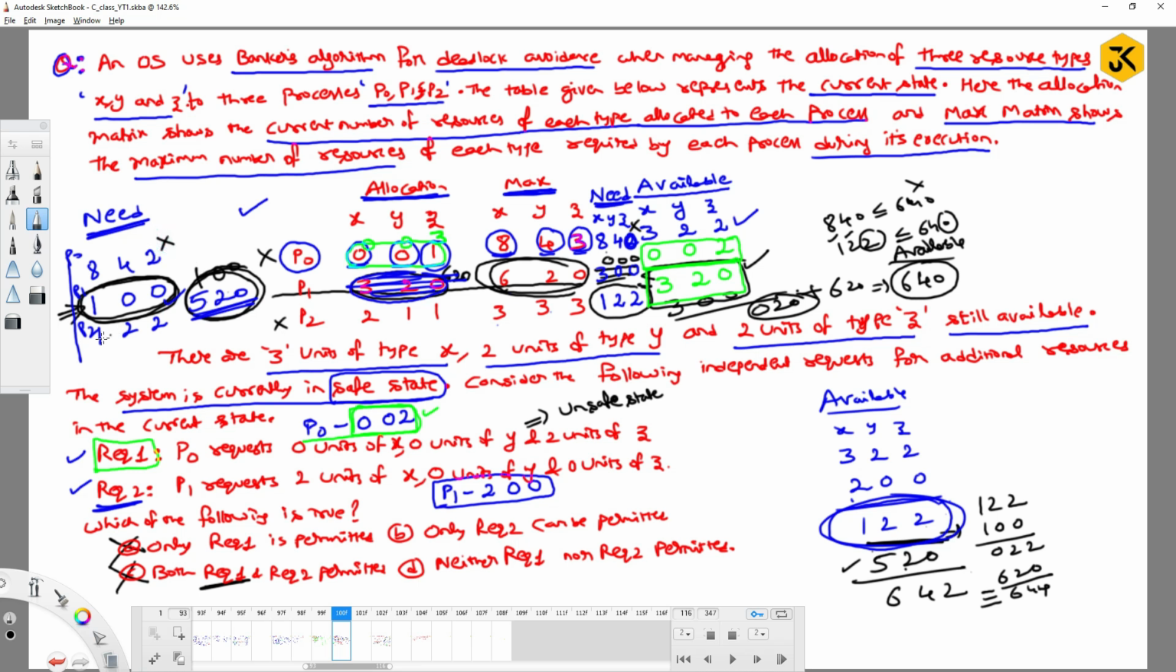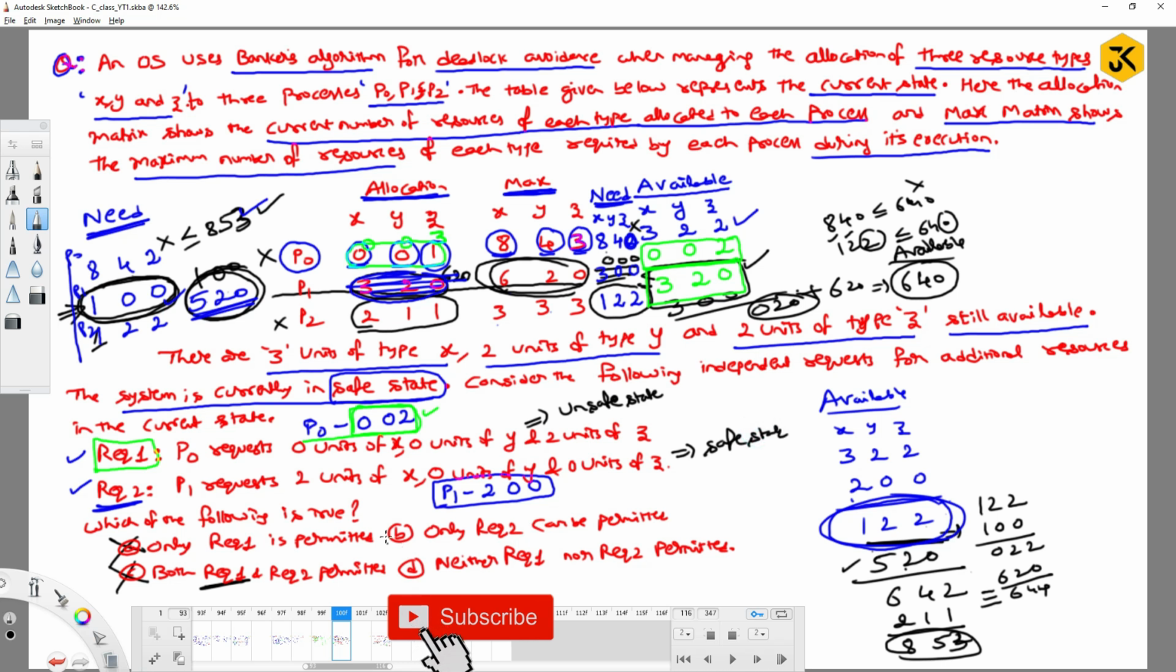P0 doesn't satisfy. What about P2? Yes, P2 is satisfied. So once P2 is allocated, it will release 211 resources. So which means 853, right? If it releases 853, having 853, is P0 satisfied? Yes. 842 is less than or equal to 853, so it is satisfied, right? And they are not asking for any calculation whether it is permanent or not. Yes, it will lead to